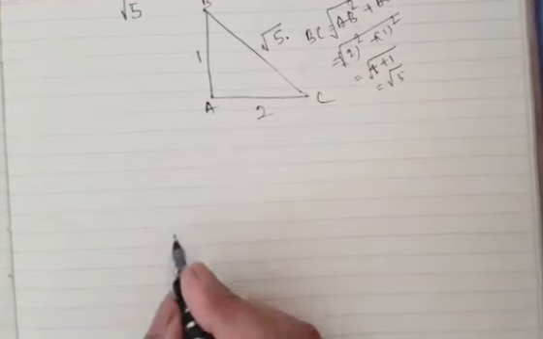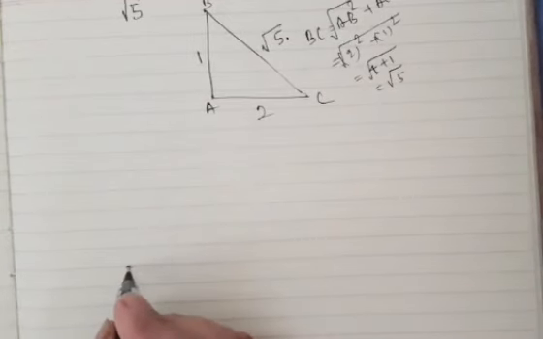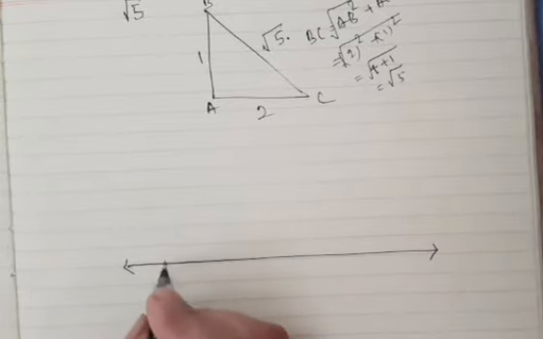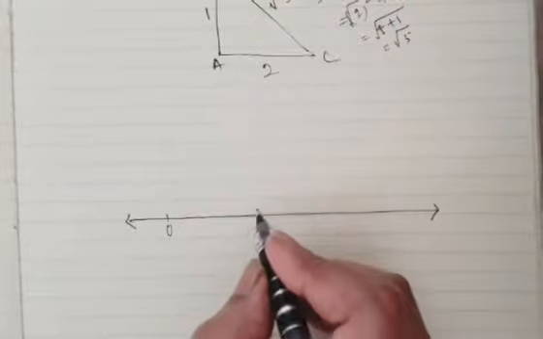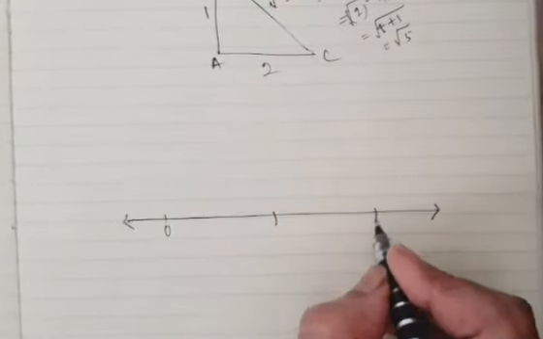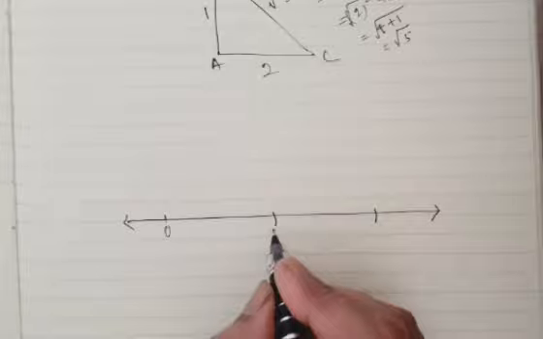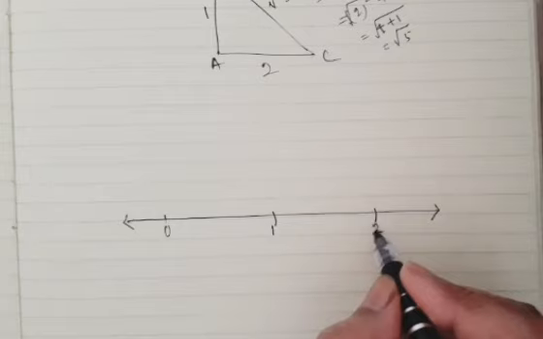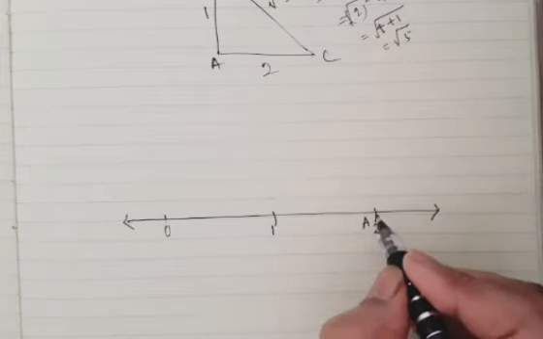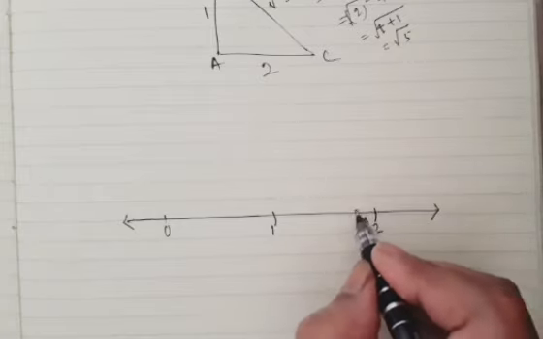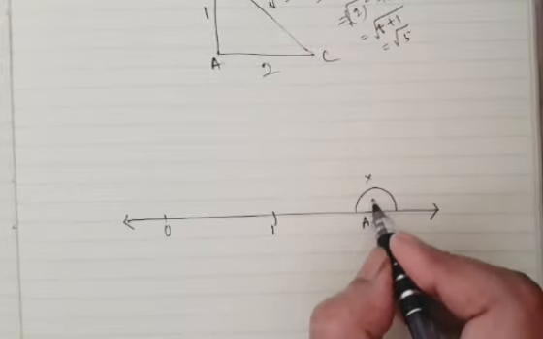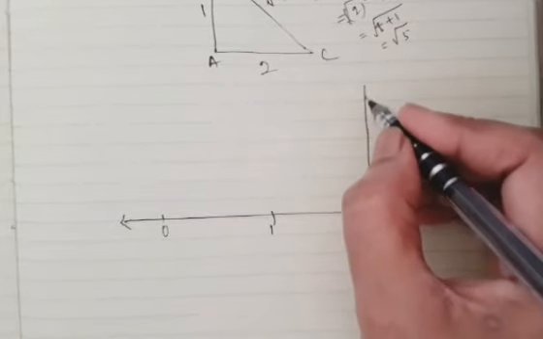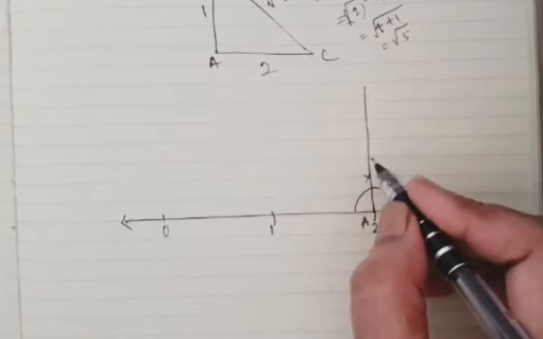So let us start. First of all, you draw the number line as usual. 0, then 1 unit length, 2 unit length, like this it will continue. After that, suppose this point is point A. At this point, you construct 90° with the help of a rounder. Now, from this perpendicular, you cut an arc of 1 unit length.